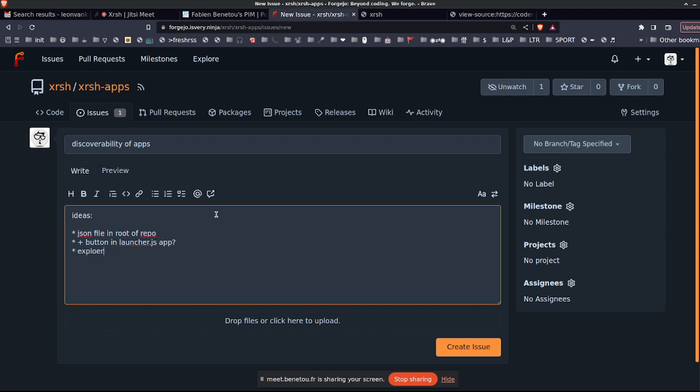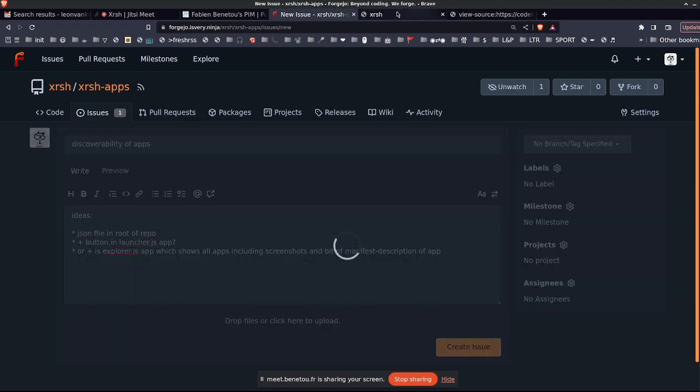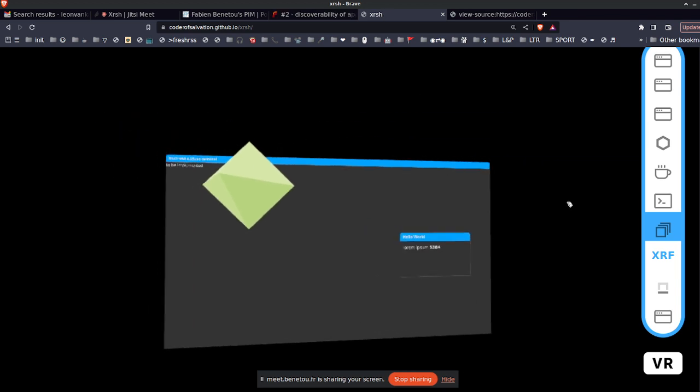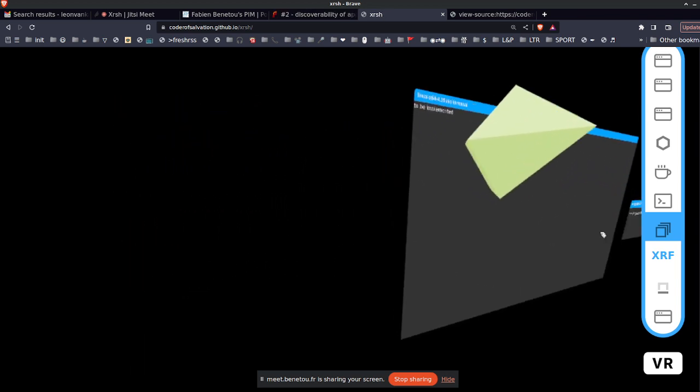And an explorer, or plus is explorer app, which shows all apps, including perhaps screenshots or something visual, and a bit of manifest description. All right. And then the other thing I think that would be, when you started presenting the different apps, my